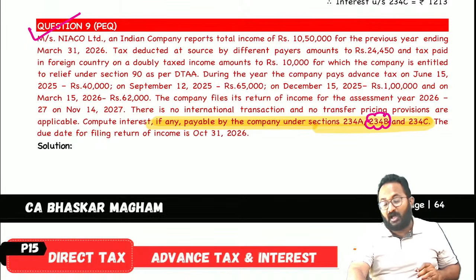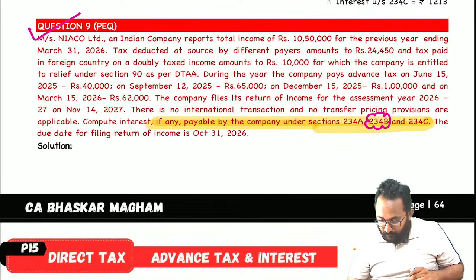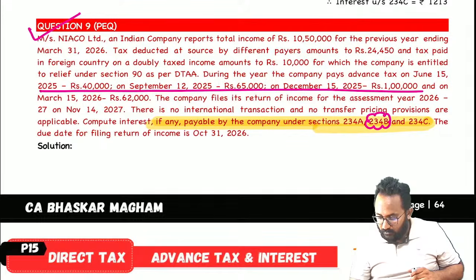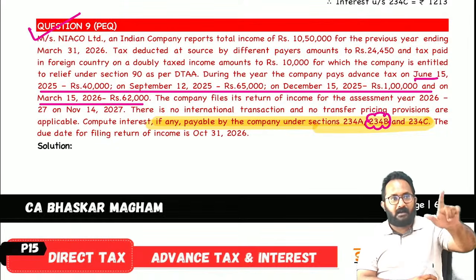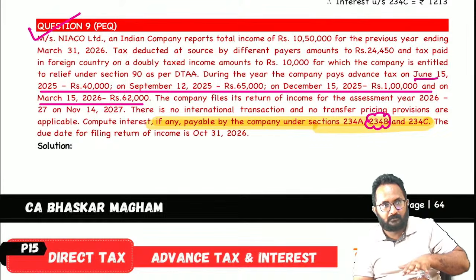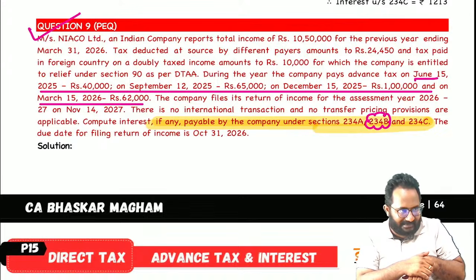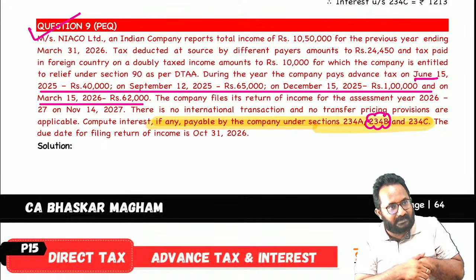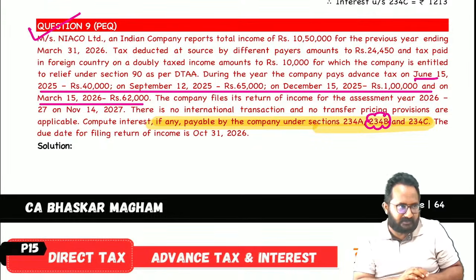Why? Here there may be non-payment of advance tax or short payment. You paid some amount of advance tax, so whether it is short paid or not, you have to check properly. How to check? Advance tax paid less than 90% of assessed tax. Assessed tax minus all credits except advance tax. While calculating 234C, the returned income related returned tax also, you can reduce all credits except advance tax. If you remember that point, then this chapter is nothing.